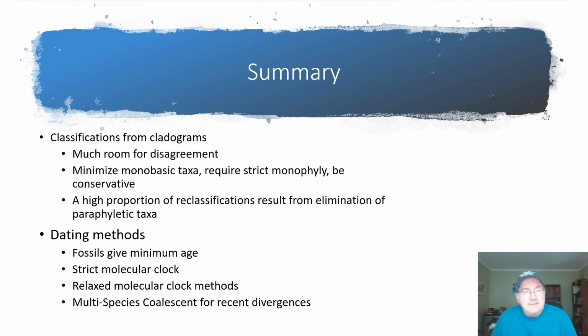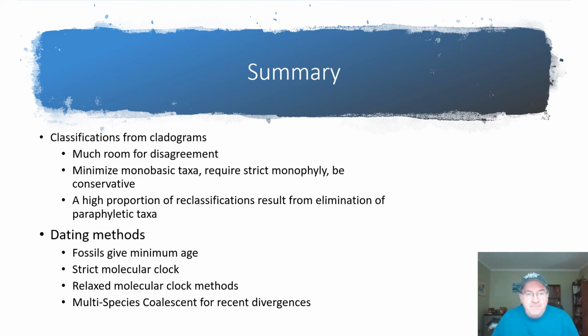Now there are lots of other, they call relaxed molecular clock methods, both maximum likelihood and Bayesian methods, because largely the data that go into these are based upon molecular sequences. But there's lots of issues,